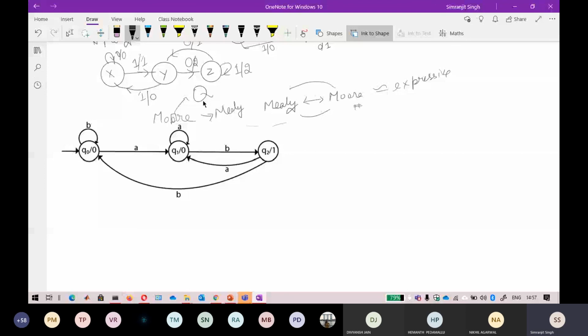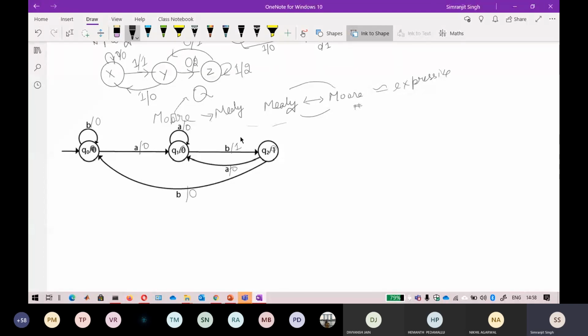The keyword here is towards. Now B is coming towards this, so delete that zero and place the zero here. The A is coming towards this Q1, delete this and place it here. Again, this A is coming towards this, delete this A and place it here. In the same way, this B is coming towards Q2, so delete this one and place it here. This A is going towards Q1. Take out that 0 output and place it here, and take out the 0 output and place it here.